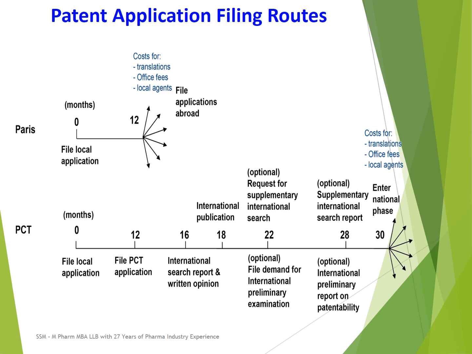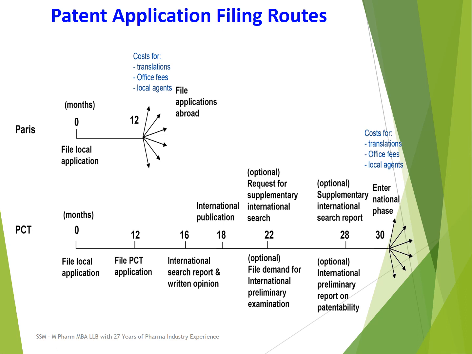So based on these reports, he can find out what are the chances of getting a patent on his invention. Now he can decide whether he wants to file an application abroad or not. If he decides that he has a good chance of getting a patent, then within the next 2 months, from 28 months, he can file an application abroad. So when you file an application abroad,